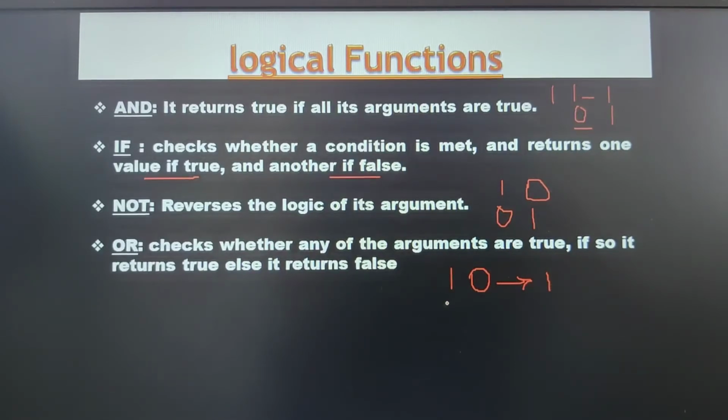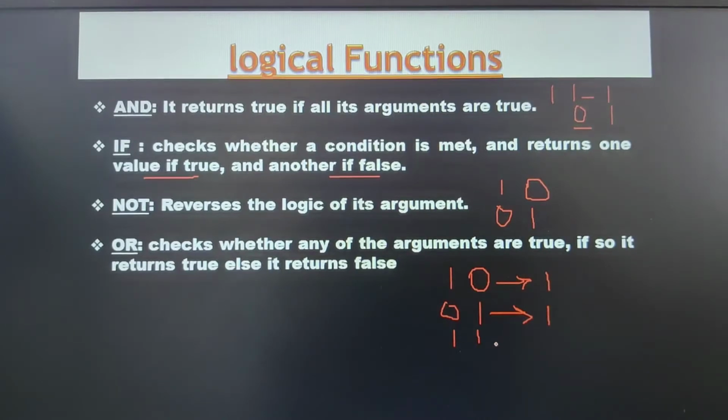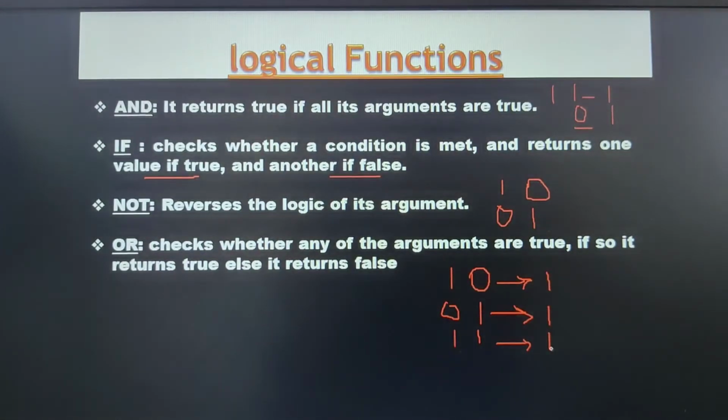What if the age is not greater than 18 and he is a citizen of India, still he is eligible to vote. And even if both the conditions are satisfied, the overall result we get here is true. The difference between AND and OR: AND will return true only when both the conditions are satisfied. OR will return true if either of the conditions is satisfied, or both. So these were the logical functions. We shall discuss them one by one in brief here.